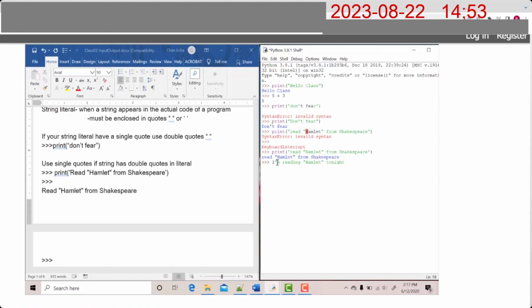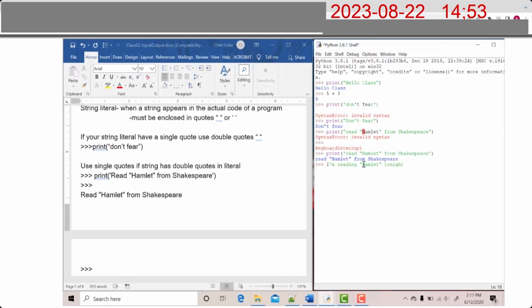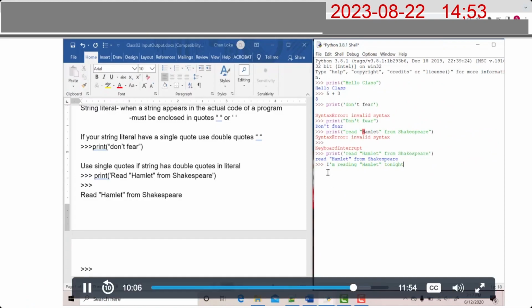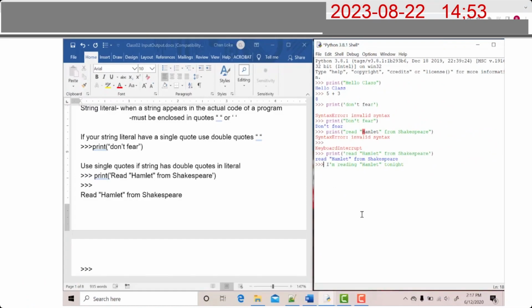Notice that in this string, I have a single quote and I have double quotes. Well, if I use a single quote, it won't work. Because why? There's a single quote in my string. And if I use a double quote, that won't work either because there is a double quote in my string. So what I need to do is, Python has